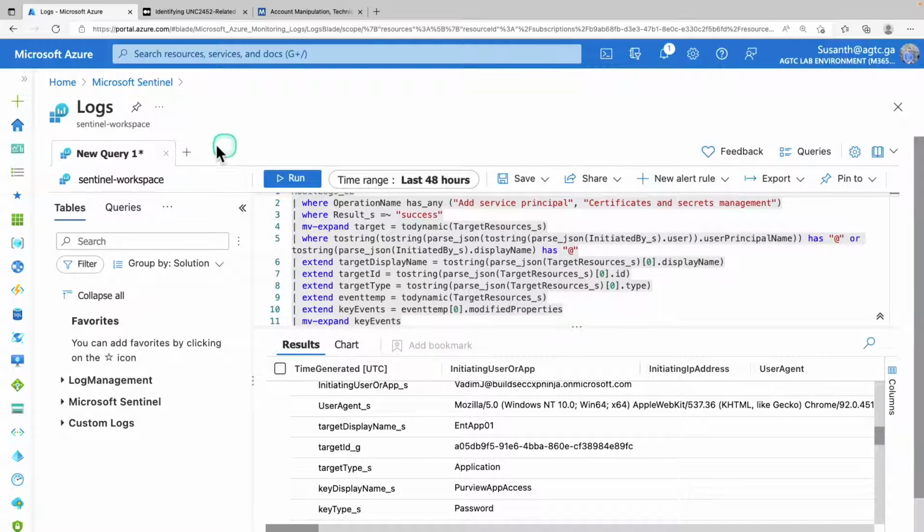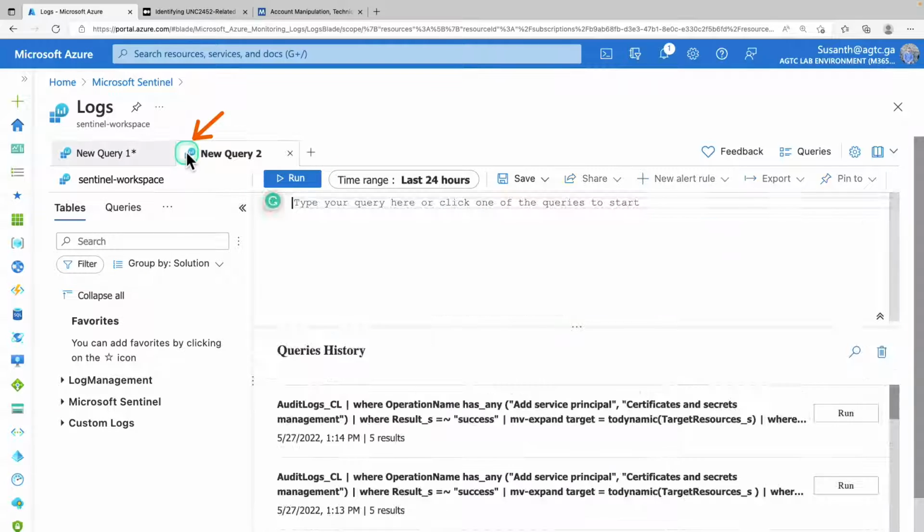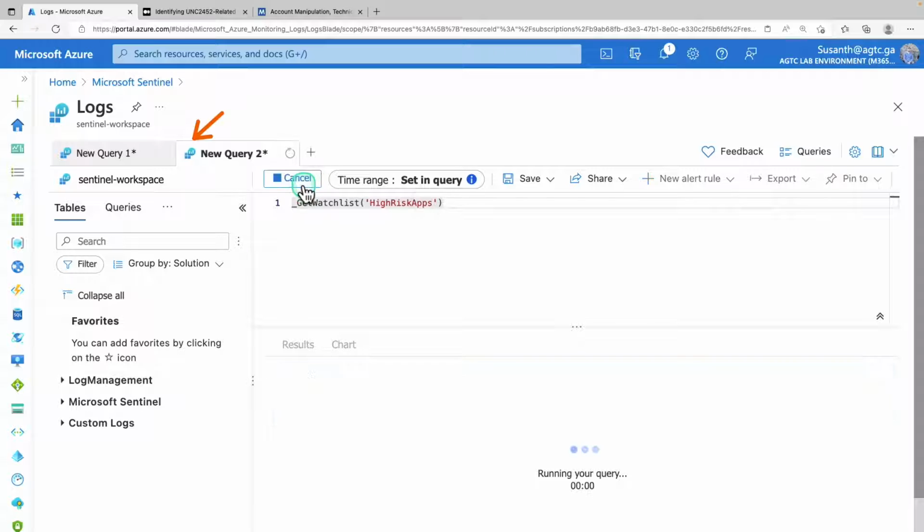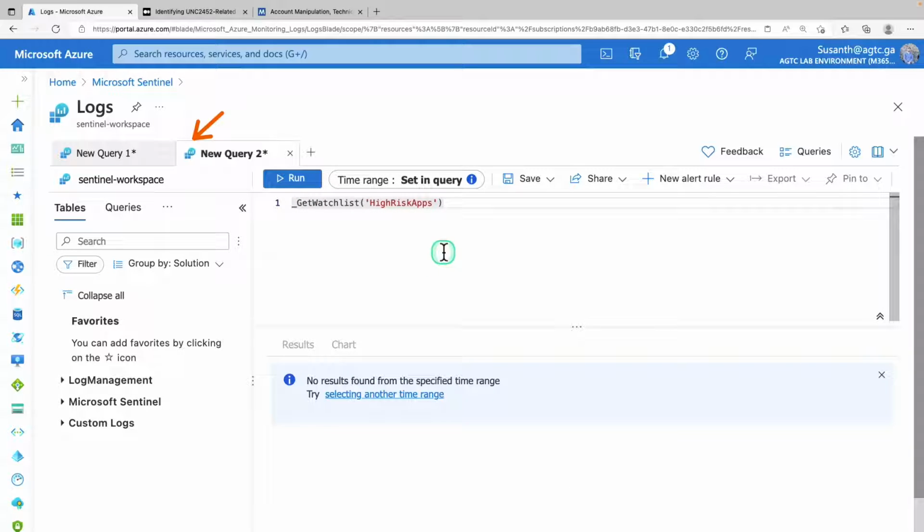log screen. You can do that by clicking on this plus symbol, and this will open a new search tab where you can run the query. So if you want to get the high risk apps, all you have to do is run a query, something similar to this, and hit run. Based on the risk found in these applications, you would be able to see the results here on this result